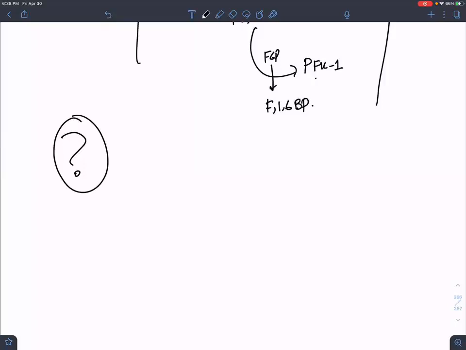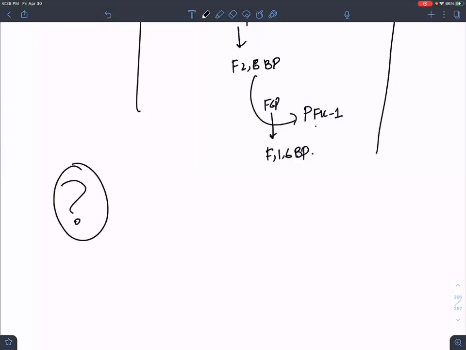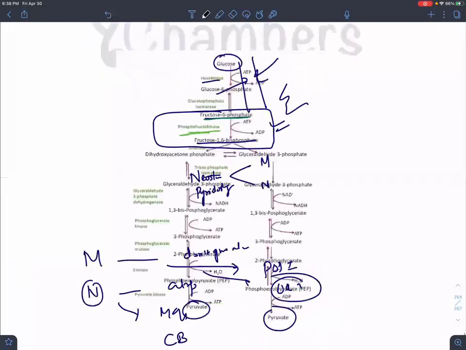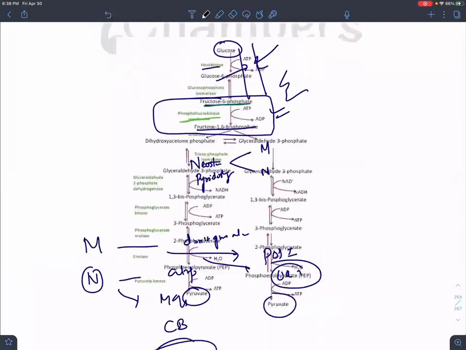What will finally happen is you are giving insulin, dephosphorylation of enzyme is happening, PFK2 is activated. Once you have more PFK2, let me show you the diagram, whatever I am speaking should not get lost. Activation of PFK2 will lead to more production of F26BP, and we know fructose 2,6-BP is the positive allosteric inducer of phosphofructokinase 1. This phosphofructokinase 1 will convert more fructose 6-phosphate to fructose 1,6-bisphosphate. Finally, you will be starting the glycolysis leading to the pyruvate. This is the reason insulin is increasing the glycolysis, guys.